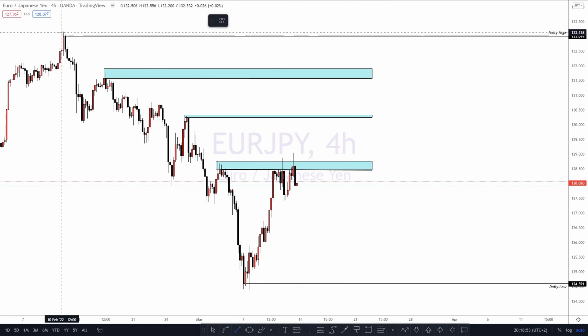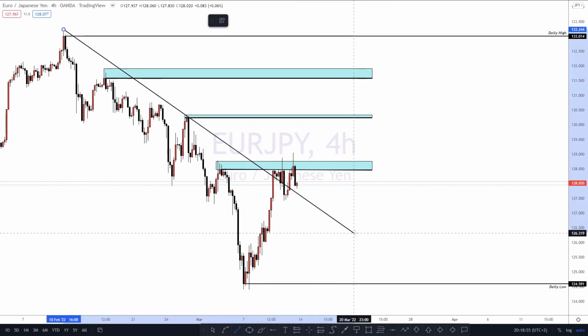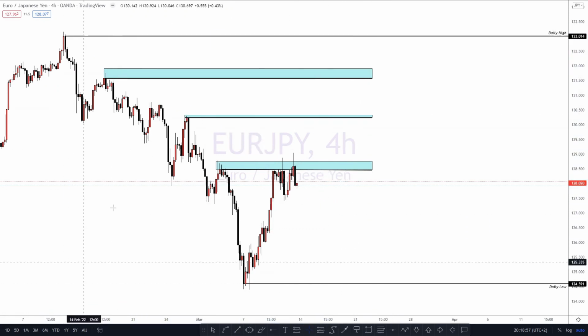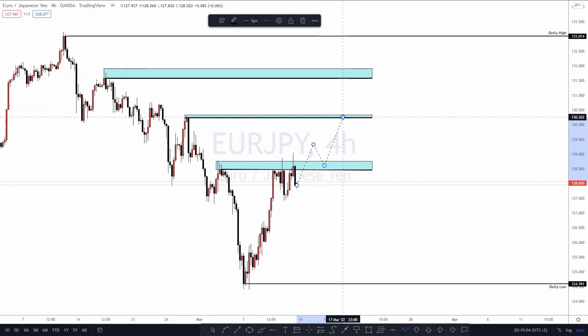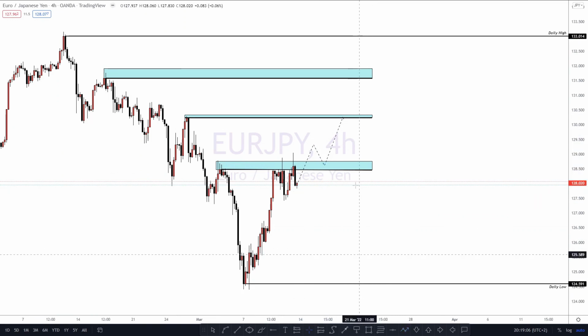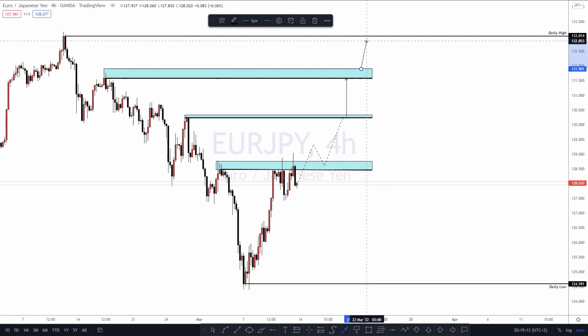We could be having such a similar setup, but it wouldn't make any sense to me. So what we're going to be working on is price breaking above, coming back here, and if it does break above there, then we'll be having price going to the next level, then from there the daily high. That's what could happen if price decides to go bullish.